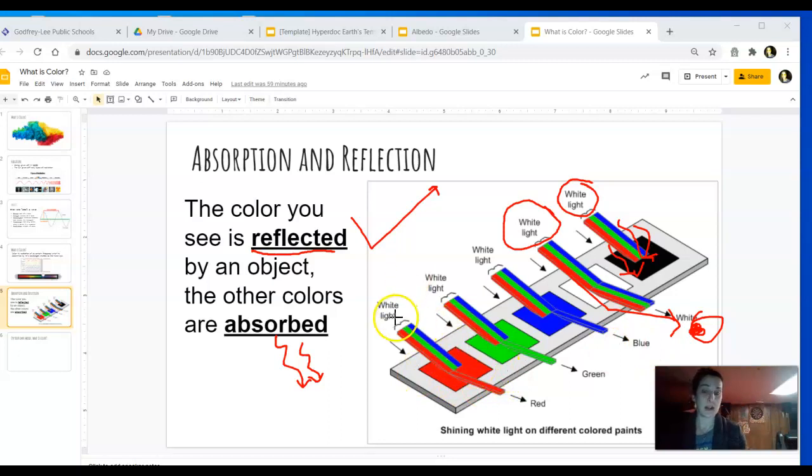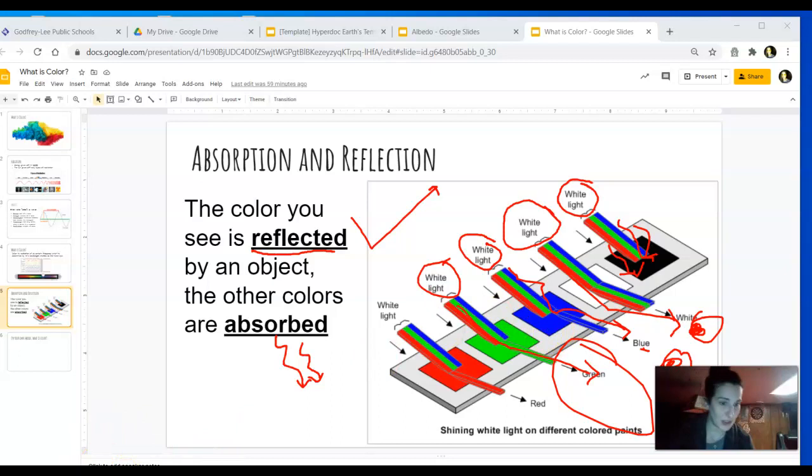So then why do we see different colors? Well, when white light hits something, and let's say blue, all right, so blue bounces or was reflected off, all the other colors are absorbed, and then that blue wavelength actually hits your eyes, and then you see something the color blue. So whichever color is being reflected is what you see. So here you have white light hitting an object and green bounces off. Right, so now you're going to see the color green.